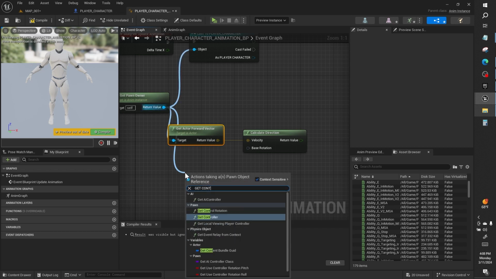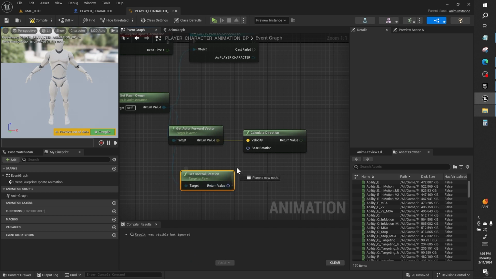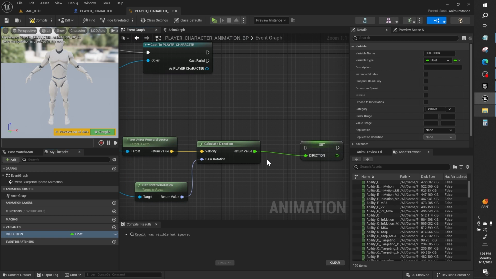I want to get control rotation. Right click, promote this variable, direction,